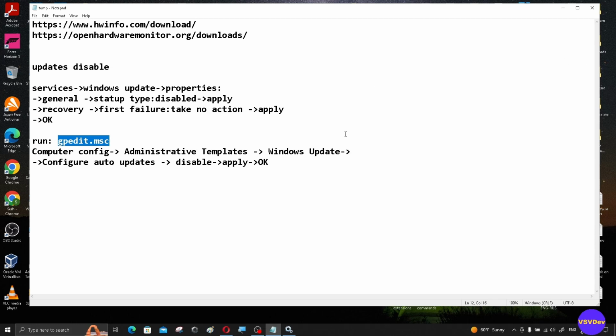Apply and OK. So for now we turned off our automatic updates. This solves the problem with automatic updates, with downloading updates, and next I would like to show you,